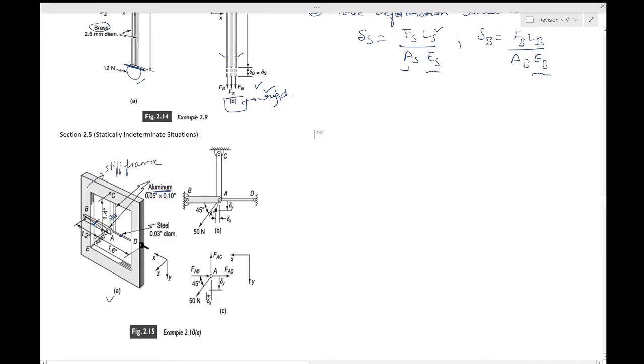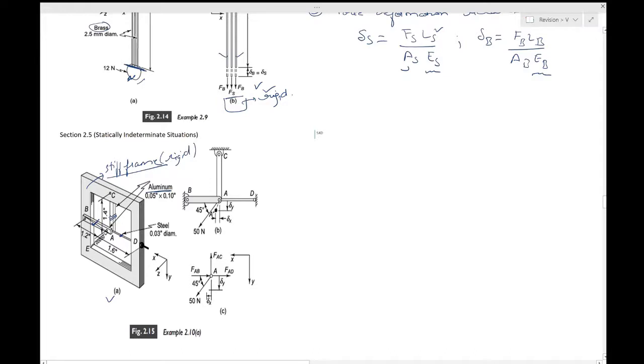When you say stiff frame, please don't confuse in a way that everything has a stiffness and everything has a Young's modulus. Even in this example, the weight was assumed to be stiff. The idea is it is much stiffer compared to the other things. Hence, the Young's modulus of this would be much higher compared to, say, the aluminum and steel, and in the previous question, steel and brass. So this has to be assumed as rigid, meaning no deformation happens in the